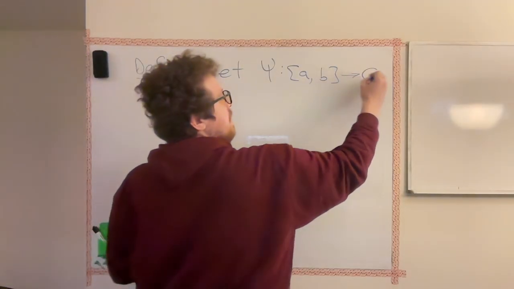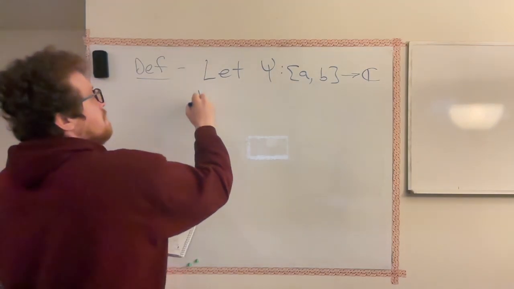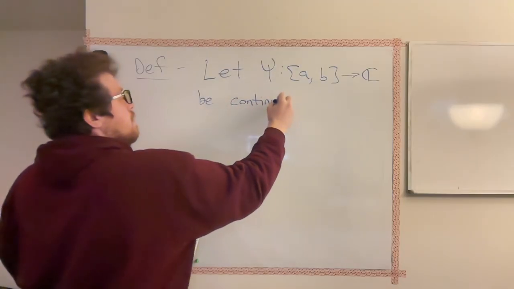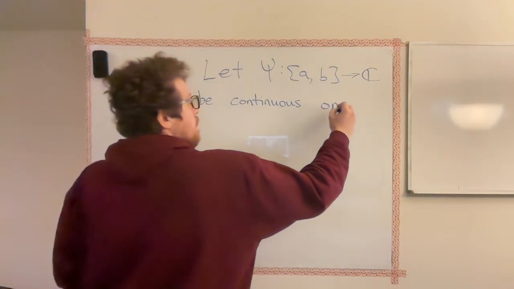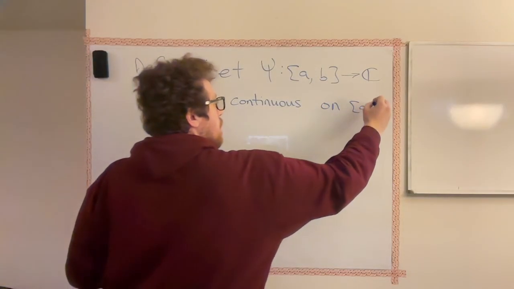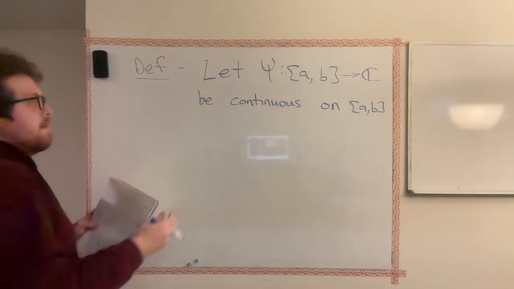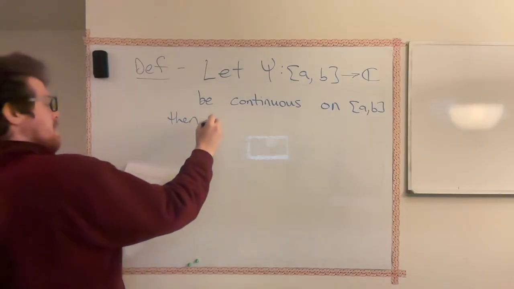And we're getting as output complex numbers. So assume this is continuous on [a, b]. Then the line integral from a to b